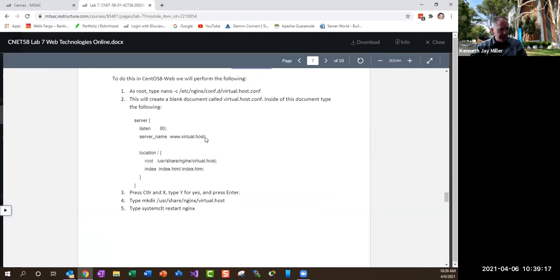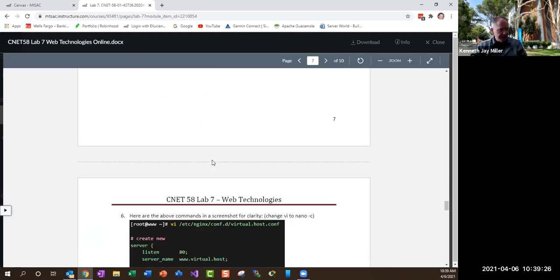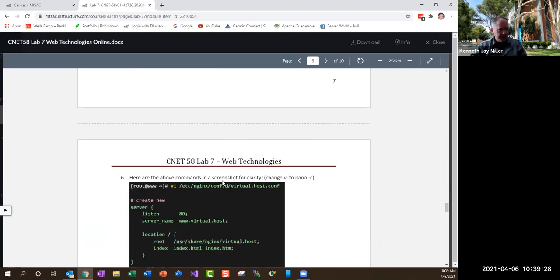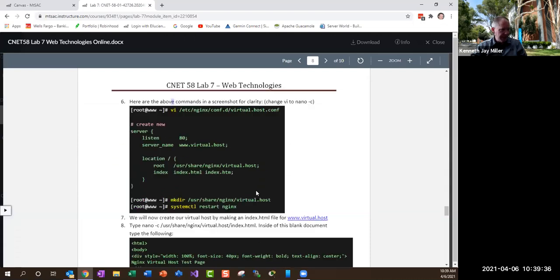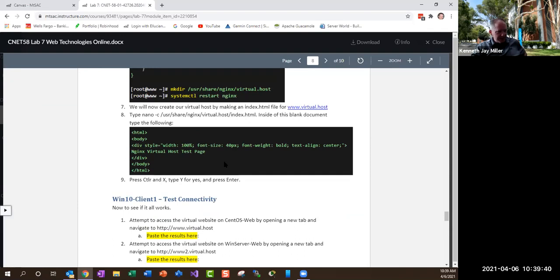So here are the directions that you have to do here. And then we're going to make the directory, restart Nginx, and then here are the commands. And the only thing is, don't use vi here where it says vi /etc, change that to nano -c. We're going to use nano for that. And when you're done with all of this, type in the rest of the HTML code for your virtual site,